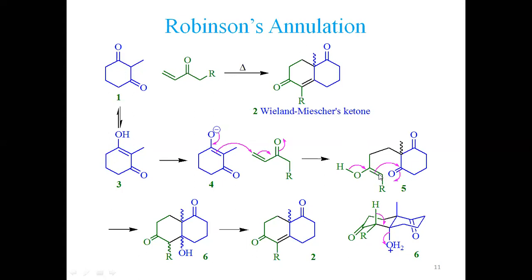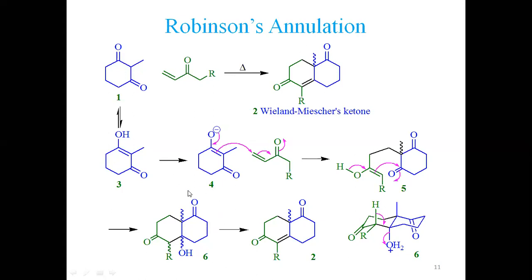This enolate shall be more stable, and this hydrogen is transferring, donating an H positive ion in the presence of a base. So it shall make a carbon-oxygen double bond. This electron density shall add to this carbonyl carbon, resulting in the formation of another ring. Now you see, this carbon is a donor carbon, this is the acceptor carbon. But here this is a donor carbon, this is the acceptor. What is happening? We are getting this structure number 6.